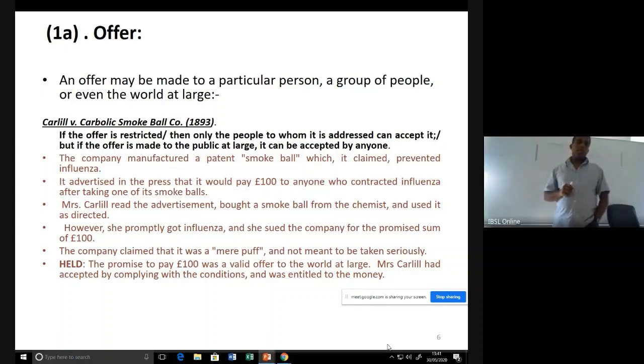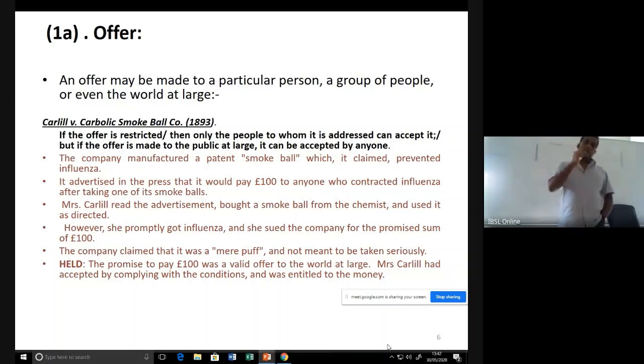Now the question is whether there is a legally valid agreement. The answer is simple. There is no legally enforceable contract because there is no agreement between A and C, because the